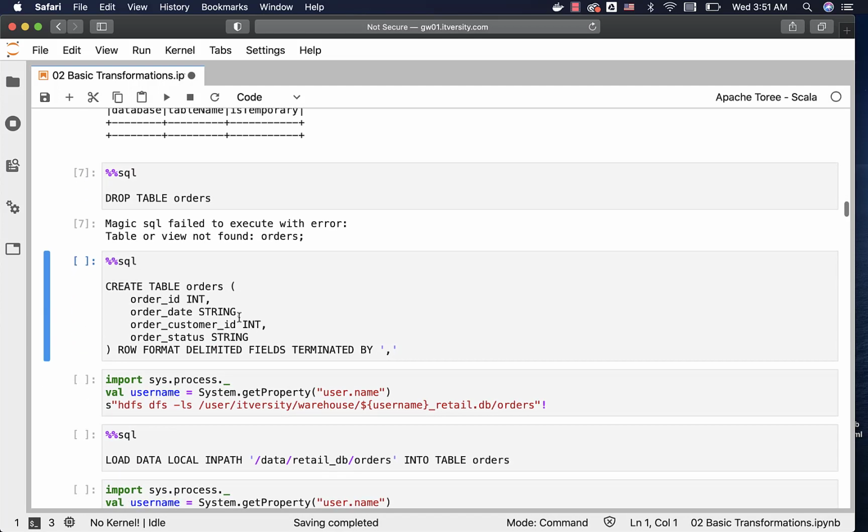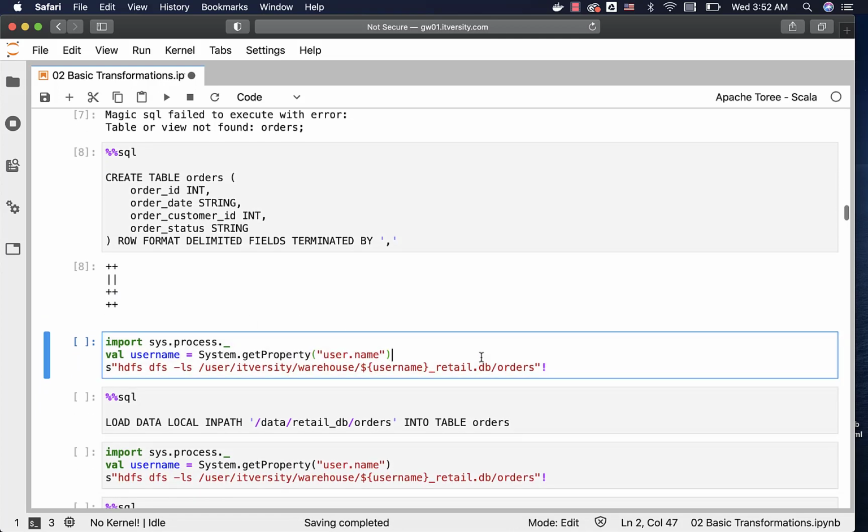Don't worry too much about the nuances with respect to the syntax and semantics of the create table commands at this time. We'll get into those details as part of a subsequent section where I'll be talking about all the details related to DDL and DML. For now, just create the tables by copy pasting these commands and then go through the basic transformations. We'll come back to the details with respect to DDL and DML at a later point in time. Now the table is being created.